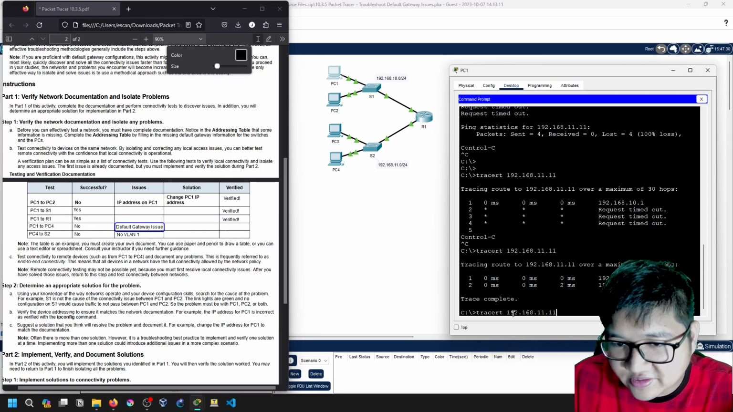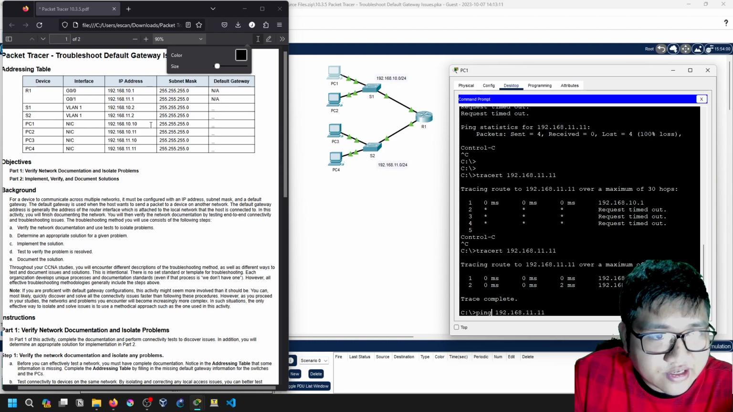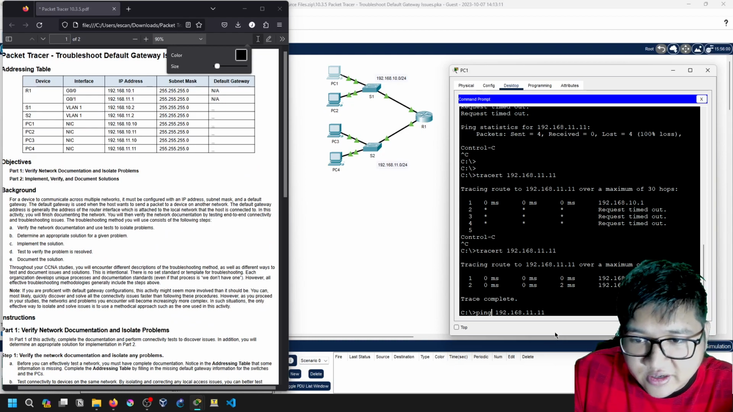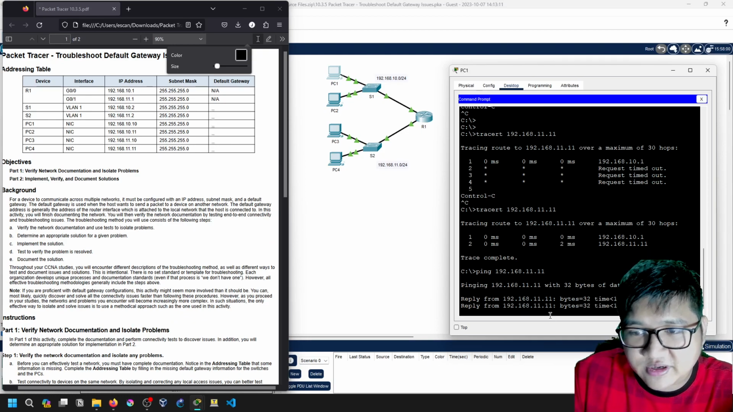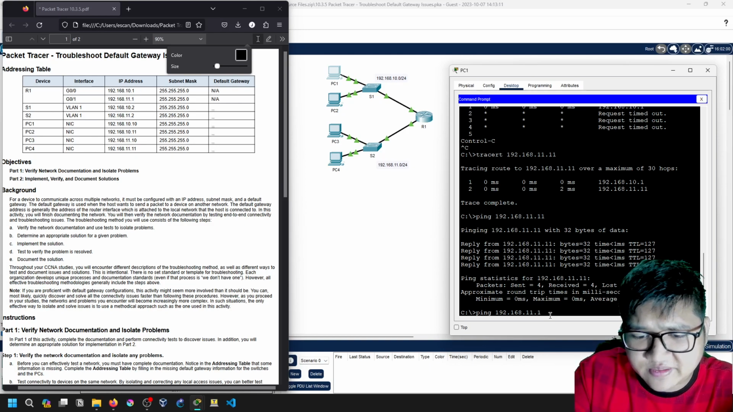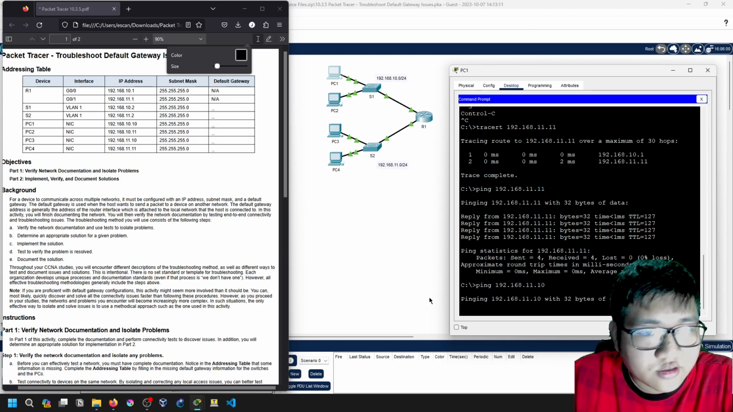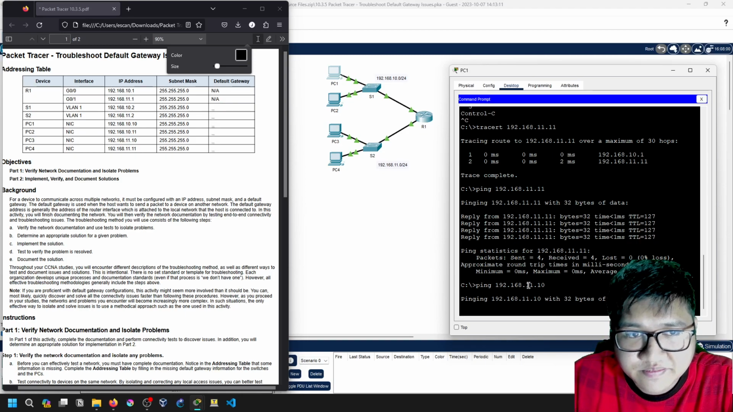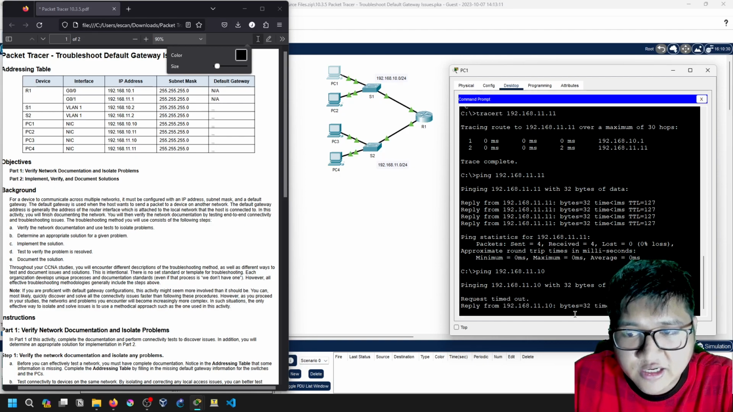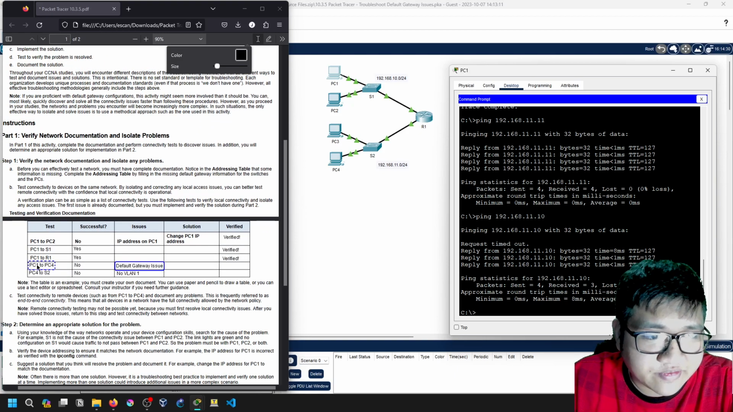So in theory, we should be able to ping .11, 11.11 PC4. Now we're going to be able to ping PC4. Great. And let's see if we're going to be able to ping PC3. And yes, we are. Okay. So just that little default gateway issue for PC4,